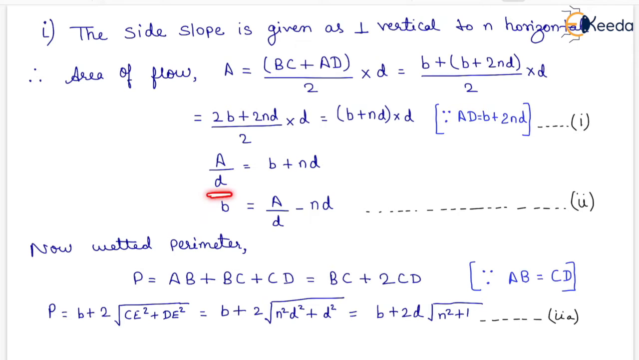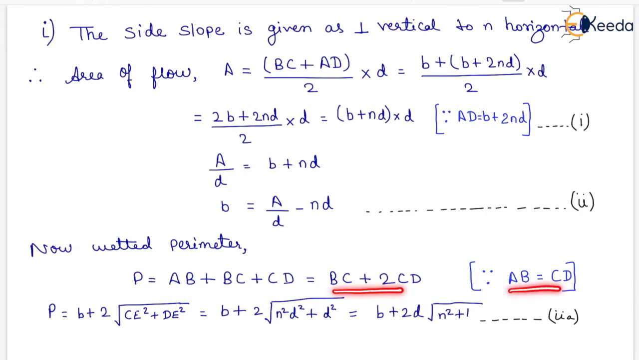Now A by D will be equal to B plus ND. Therefore, B will be equal to A by D minus ND. That is the second equation. Now wetted perimeter will be equal to AB plus BC plus CD, which will be equal to BC plus 2CD